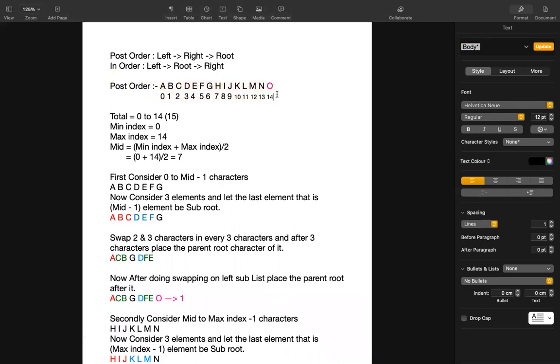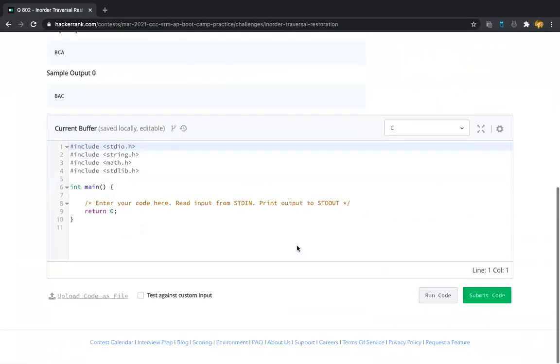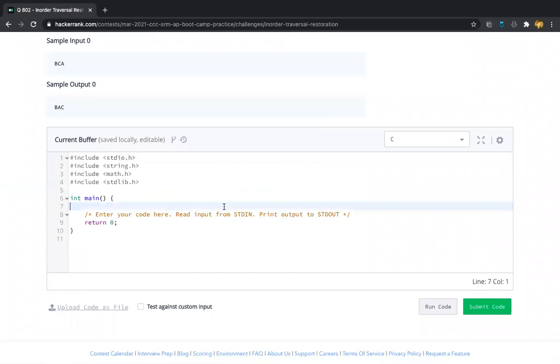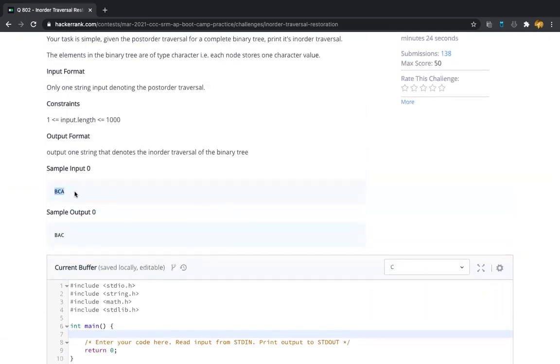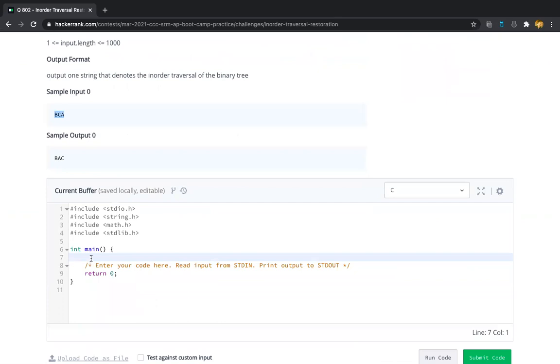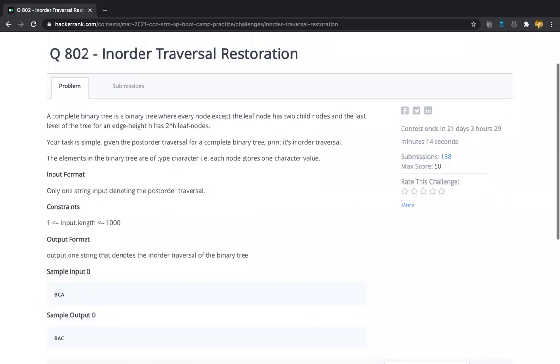Now let us go and write the code for this in the C language. For that, firstly, what will be the input? Here the input is in the format of a string, right? For that we'll be taking a character array, char ch, and we should check the input constant first.